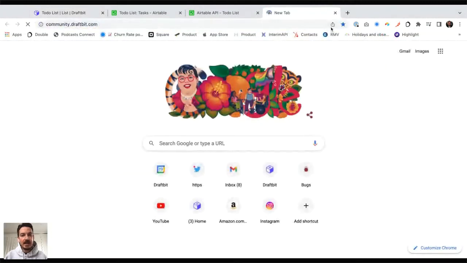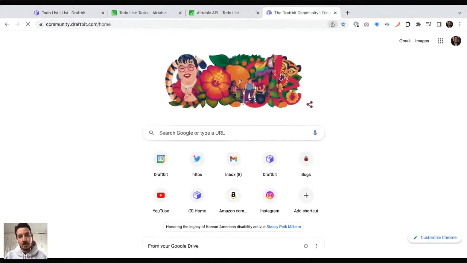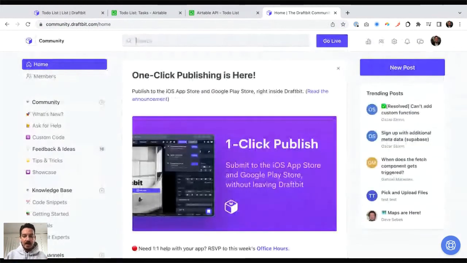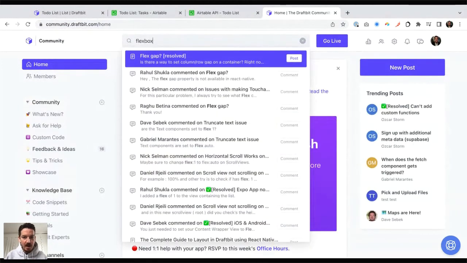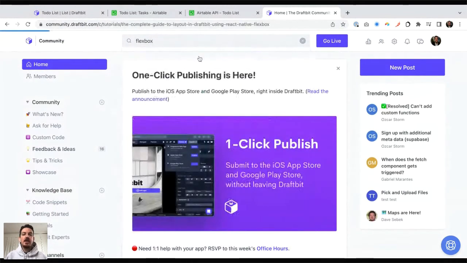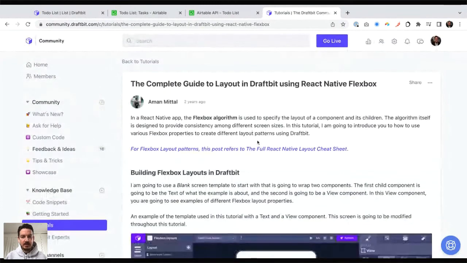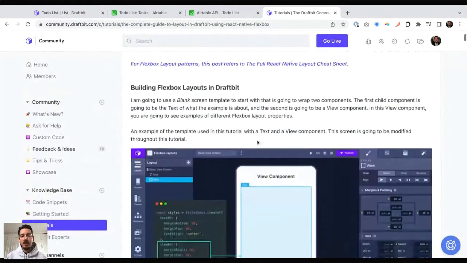We're going to do a little side note here. You can always go to community.draftbit.com, where we help our community: people ask questions and we answer them, and we share tutorials, code snippets, everything you might need. I'm mentioning that because I think we have "Flexbox, the complete guide to layout in Draftbit using React Native Flexbox." Highly recommend you check this out.